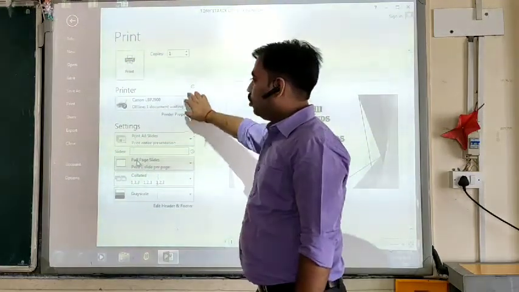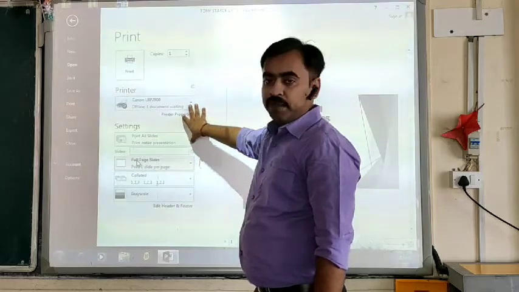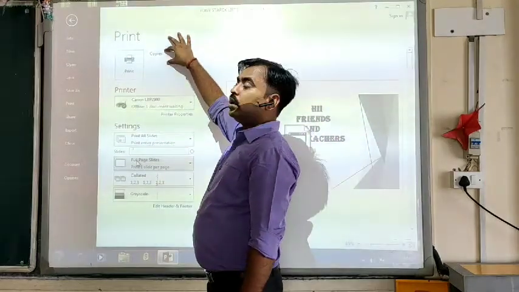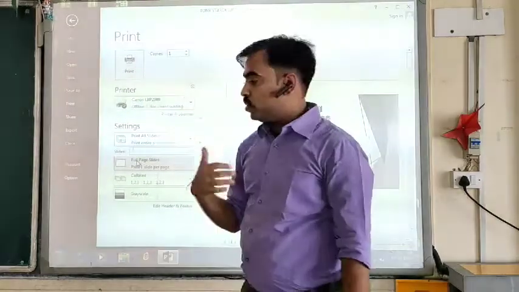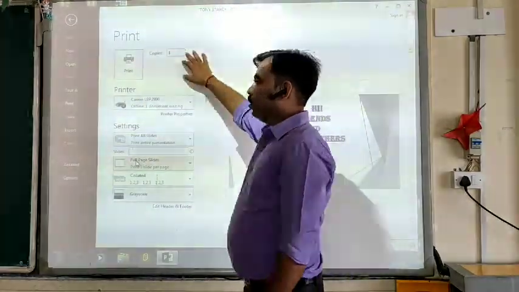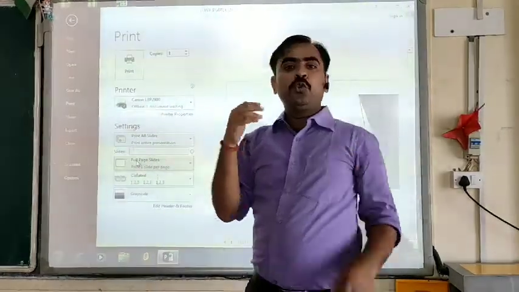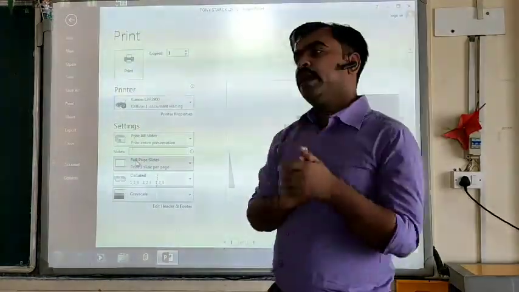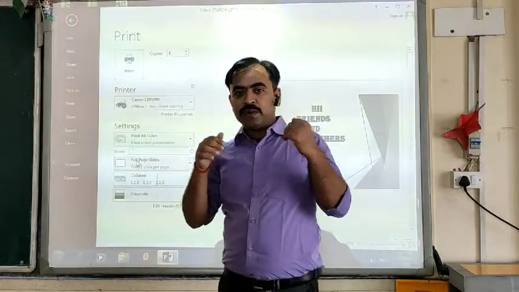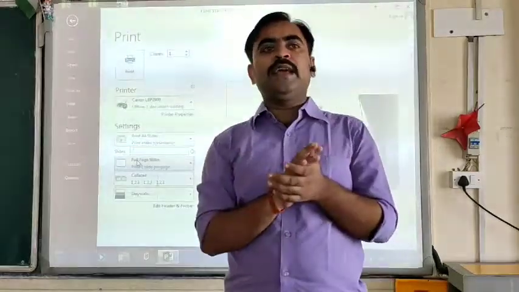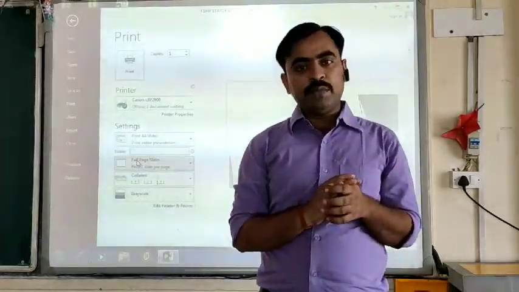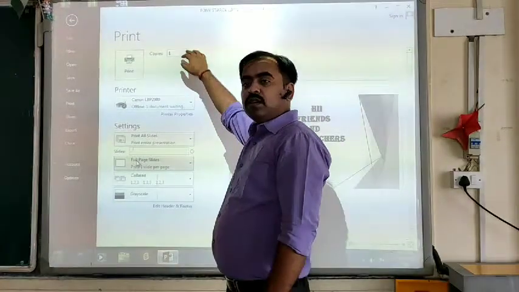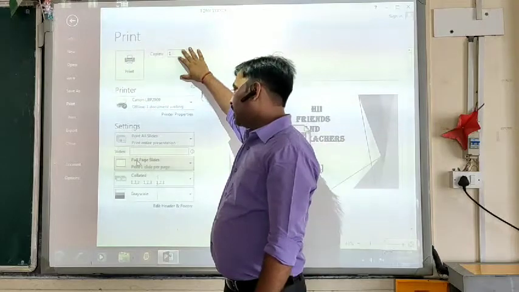Click from this dialog box, click on the printer through which you want to take the printout. Now you have to define the number of copies you want to print. If 20 people are going to be present in your presentation, okay, you are going to give a presentation in some meeting, and there are a total of 20 members, so you can take the number of copies as 20. It depends on you.